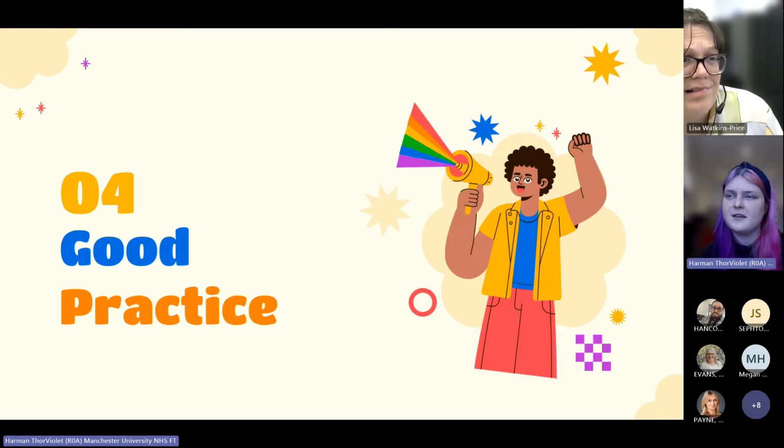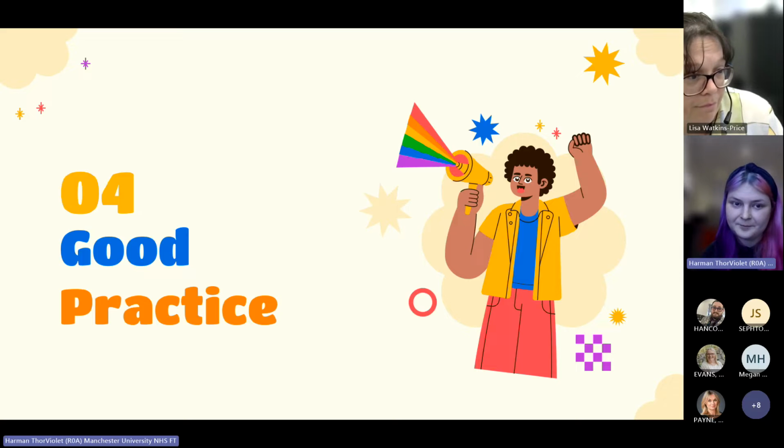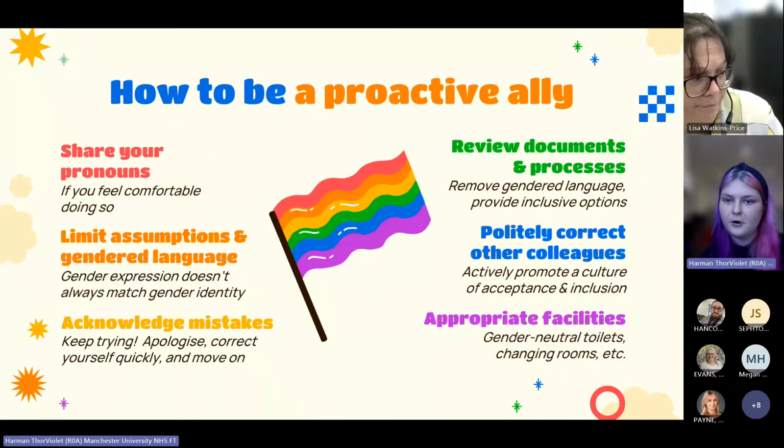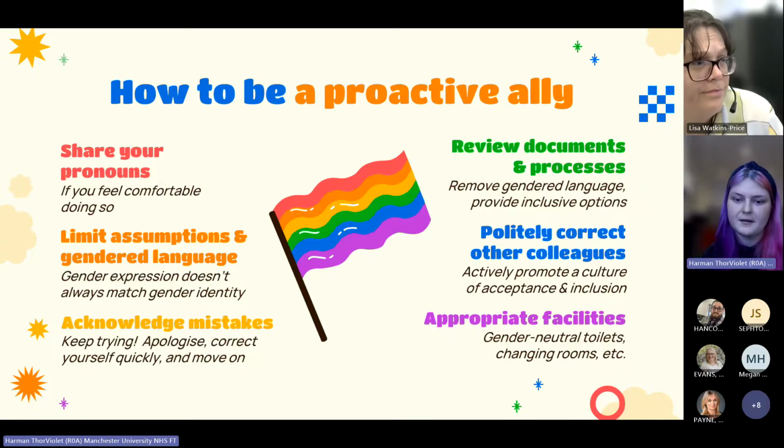And one of the key things that came back actually was how to be an ally proactively, you know, what to do, how do I be a good manager, or how do I be a good colleague? And that's something that never occurred to me, because I just thought it's obvious, but of course it's not obvious. So here's a couple of tips on ways to be a proactive ally.